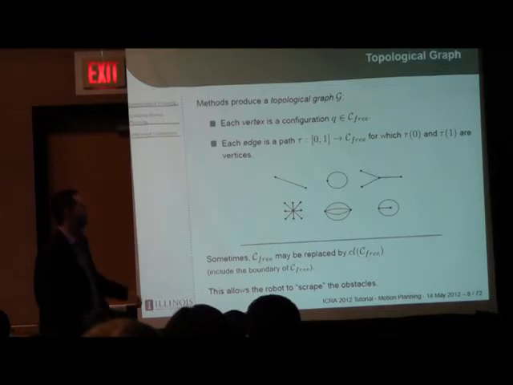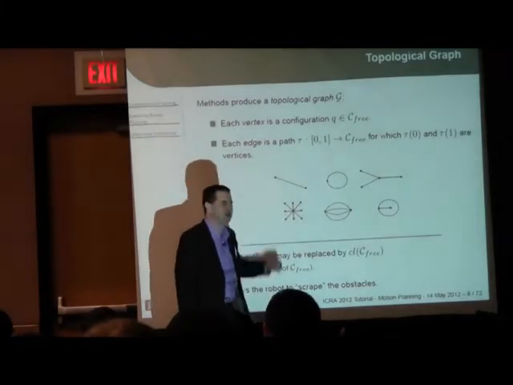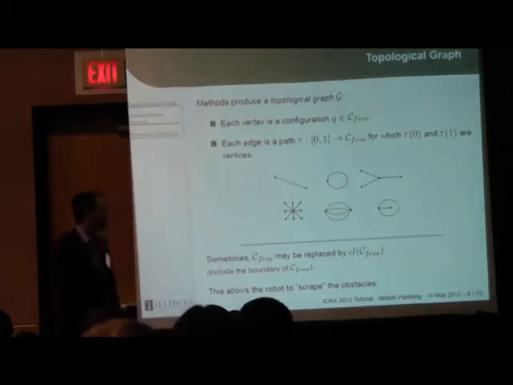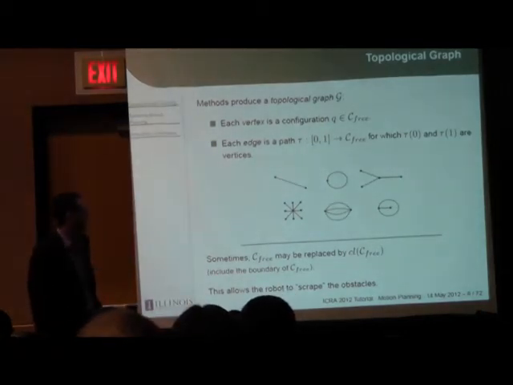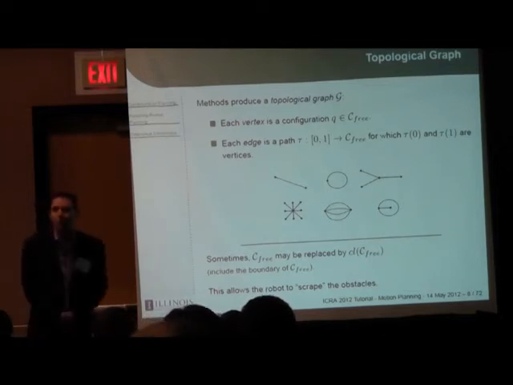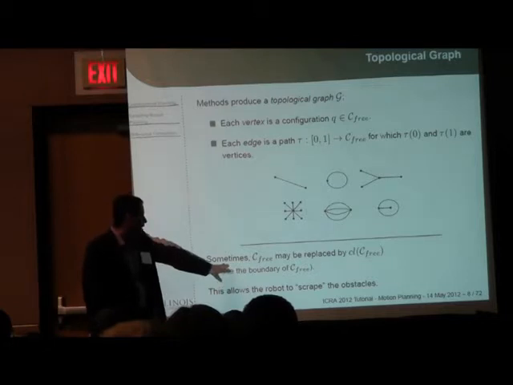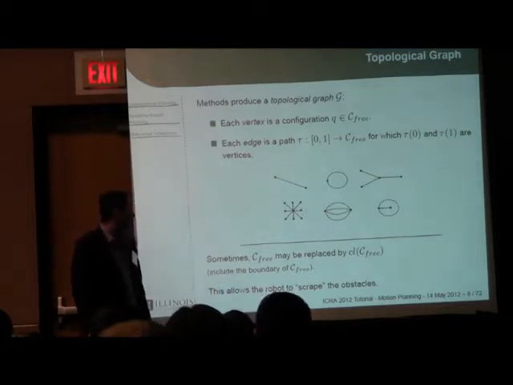I just drew some pretty pictures here, but just showing that it can be some kind of graph. I guess those are multi-graphs or whatever you like. You can have self loops. I don't care. But so that's what we have. So I just want to point that out. I'm going to use that. That's sometimes referred to as a one complex if you study topology and such. So one thing I want to say is that sometimes we will work with the closure of the free